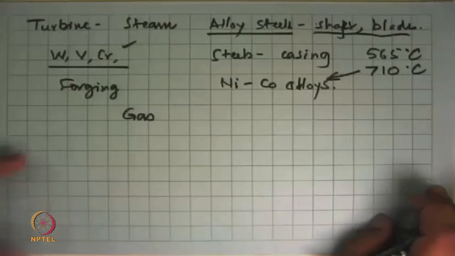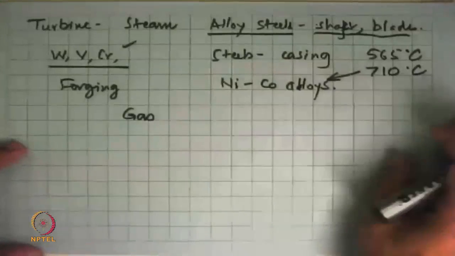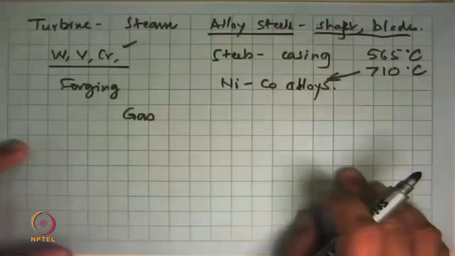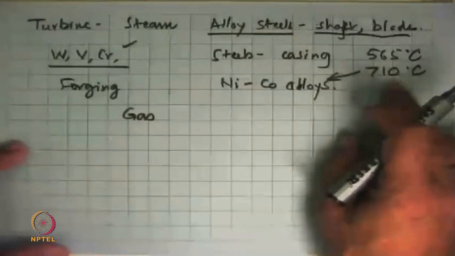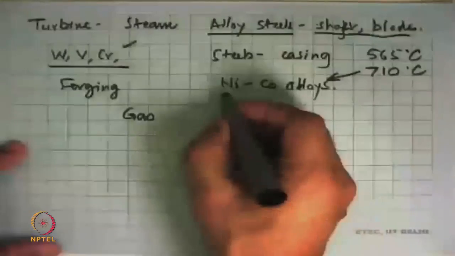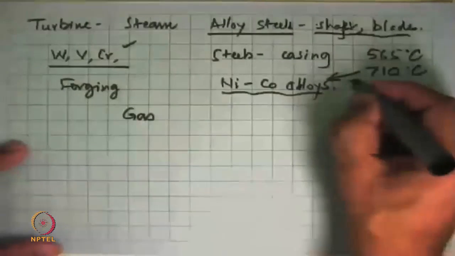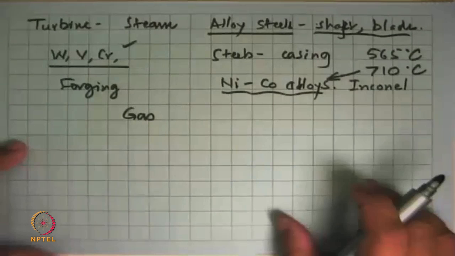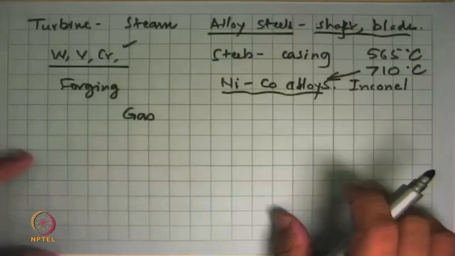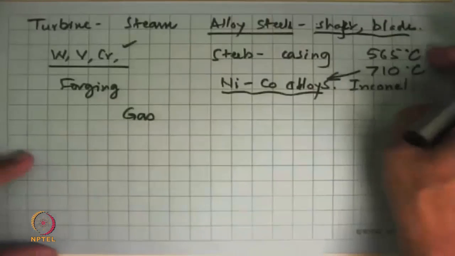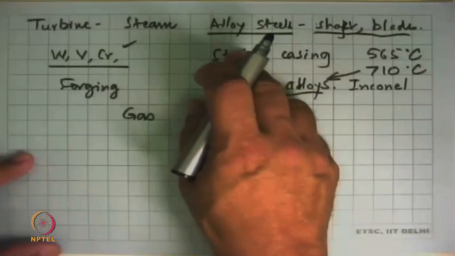Making such large components on a big scale is something technology development is all about. So that's being researched now. It will be some time before the high temperature parts of the turbine will be made out of these. Examples could be a family of materials called Inconel, different grades of Inconel. And once the temperature in the turbine after expansion has reduced, then we make parts out of alloy steels.